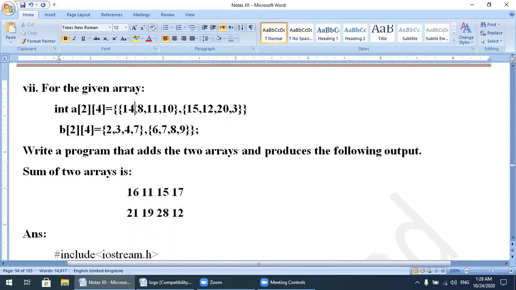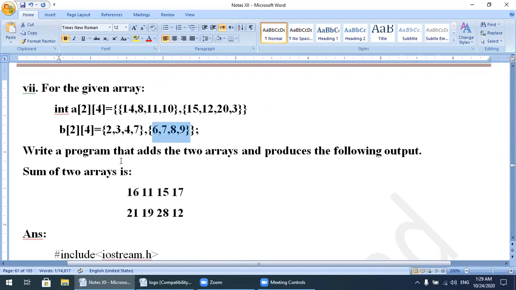The elements of the first array, which is A, are 14, 8, 11, 10. These are the first row elements and these are the second row elements. And B also has two rows and four columns. These are the first row elements and these are the second row elements.